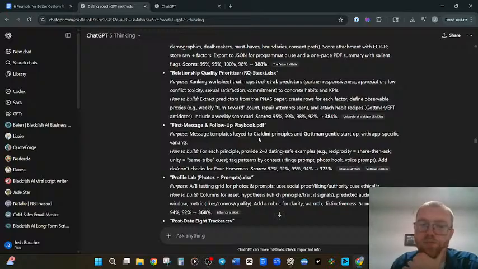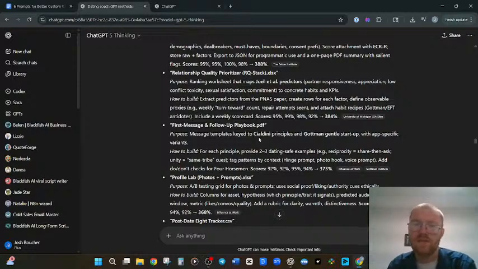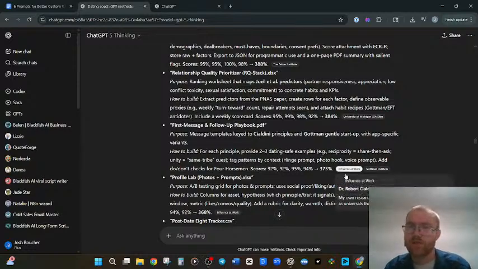For each principle, define 2 to 3 dating safe examples. Share, then ask. So that's a good way to do it. Same tribe cues? Huh. Tag patterns by concept. Okay.